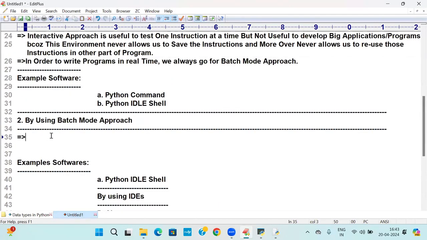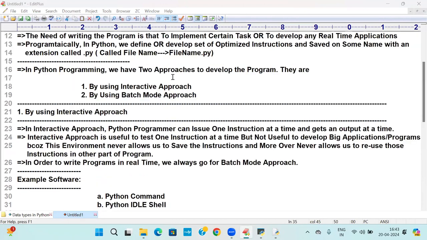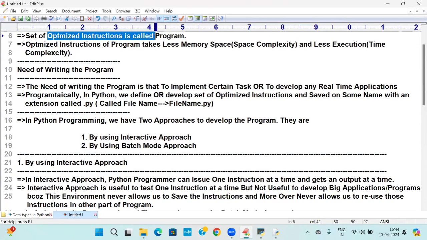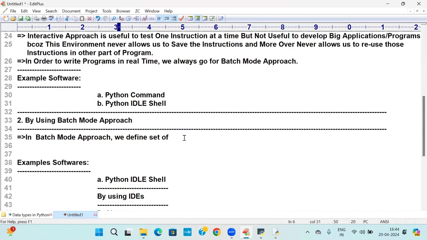So tell me, what do you mean by batch? This is a batch, a Python batch. Batch means a group of students clubbed under one room. That room is called the file name. So, the batch mode approach. Now I am writing. In the batch mode approach, what are we doing? We define a set of instructions, a set of optimized instructions, and save them on